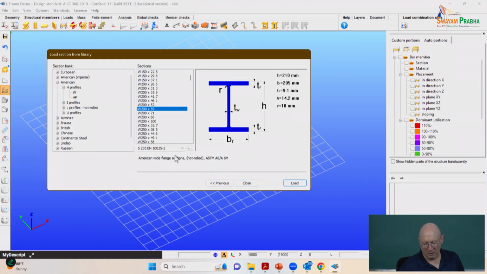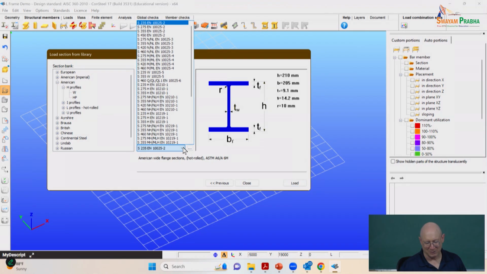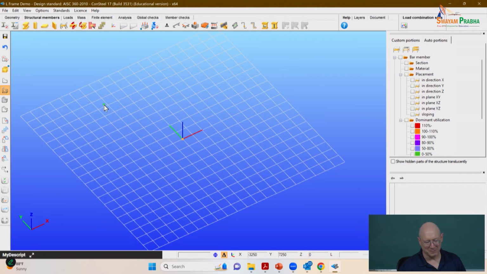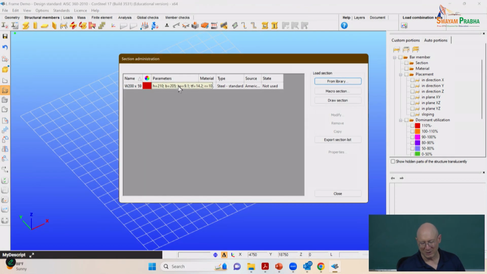So now Blint pointed out to me, because I showed him what I had prepared for you guys, and he basically pointed out, hey Don, you could have changed the material here under this menu. So I've got the European material. If I close out of this, if I come back to the section administration window,